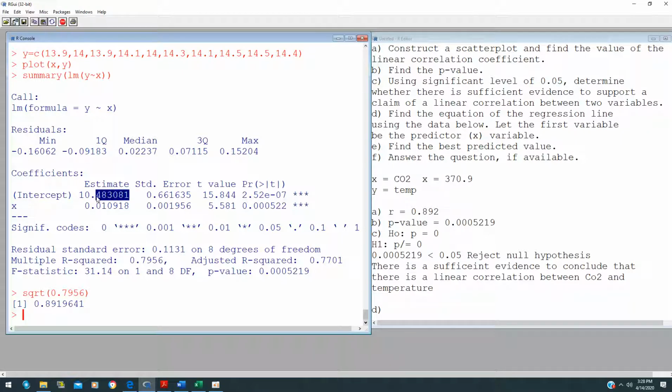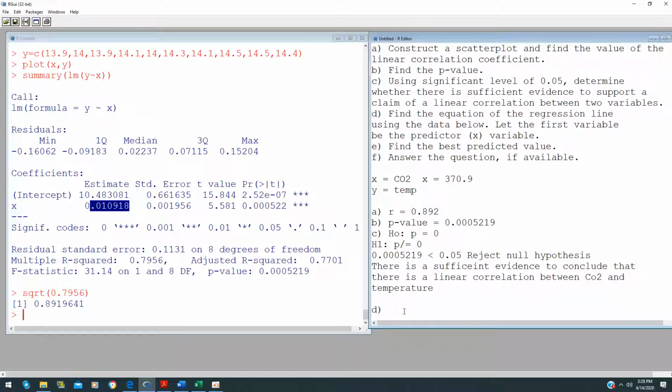Again, the regression line is based on your intercept and your x. Again, this is your y-intercept, this is your slope. So this is the same thing as what you learned in algebra, y equals mx plus b. But we do not use y in this case, we use y hat. So in this case, your slope is